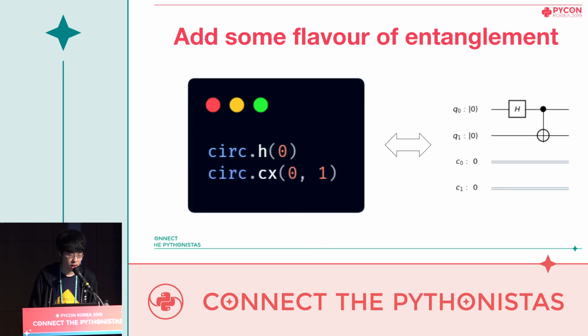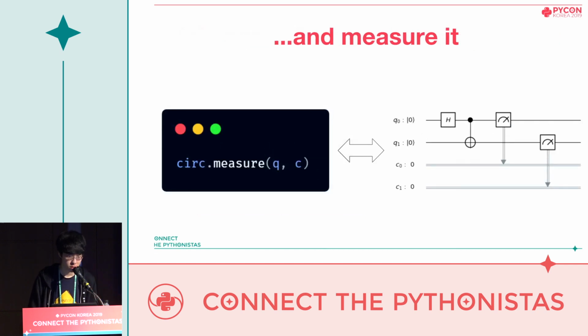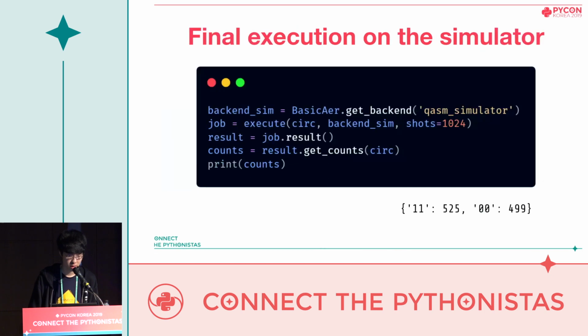Furthermore, we can add some flavor of entanglement, which is one of the most beautiful things in quantum physics. With the second line of code, I just entangled the first and the second qubit together, using the first qubit as control bit, so we can expect that 2 qubits are sharing the same state. And since one of them is in superposition state, the result will be 0, 0 or 1, 1. And let's measure them all. Every qubit's measurement result will be stored to the corresponding classical bit.